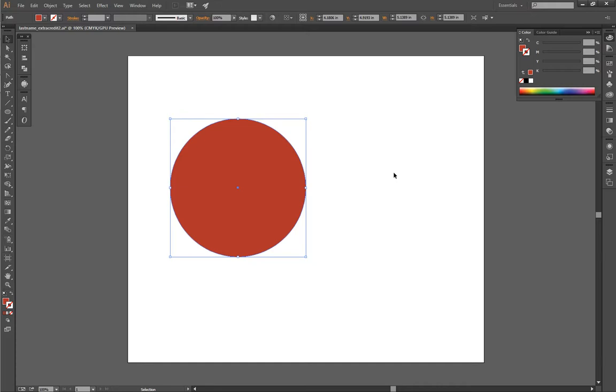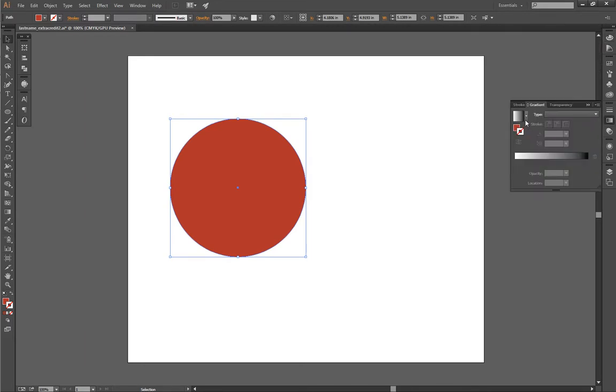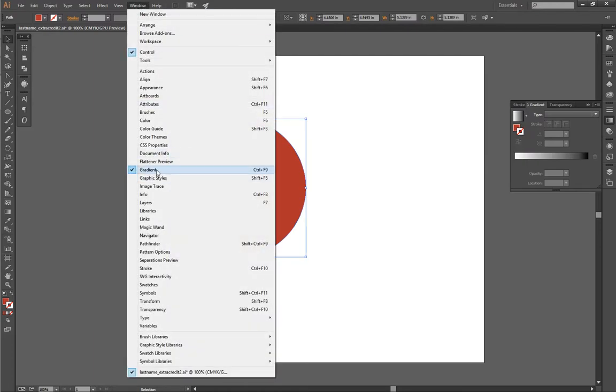So now we're going to do some modeling on this. We're going to show that light is actually hitting this from a direction, and part is going to be in the cast light, part is going to be in shadow. So I'm going to use a gradient to illustrate that. If you open the gradient palette, and if you don't see it, you go to Window, Gradient,